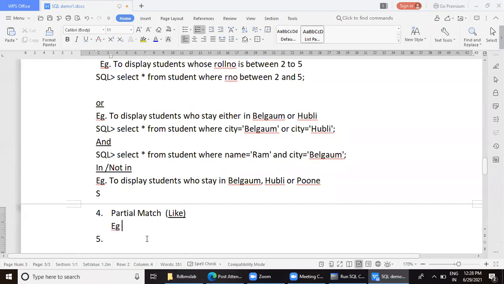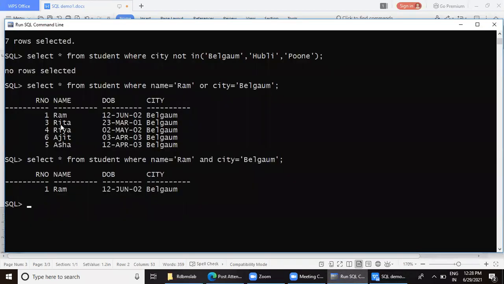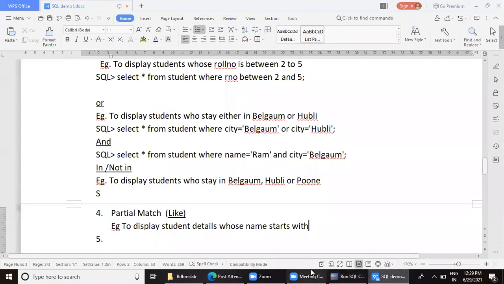I'll just give an example. Display student details whose name starts with the letter R. So how do you give that?